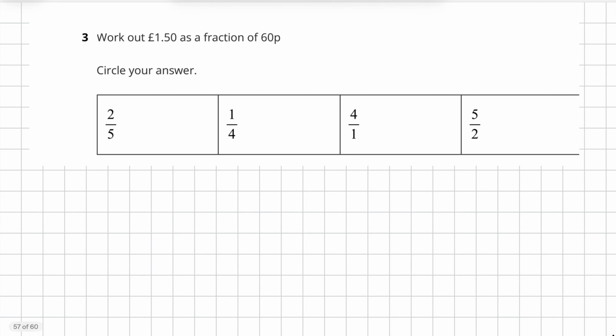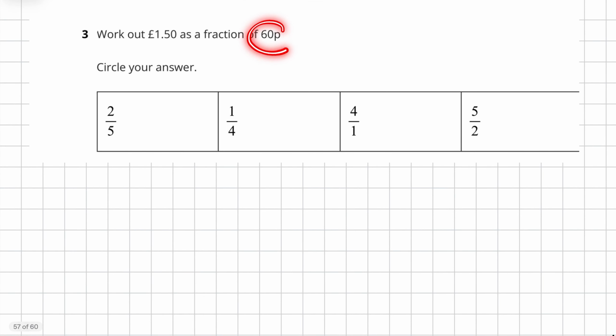Let's go to the next. Alright, so work out 1.5 pounds as a fraction of 60 pence. We cannot do this as a fraction before we change the currency. So we have to change the currency